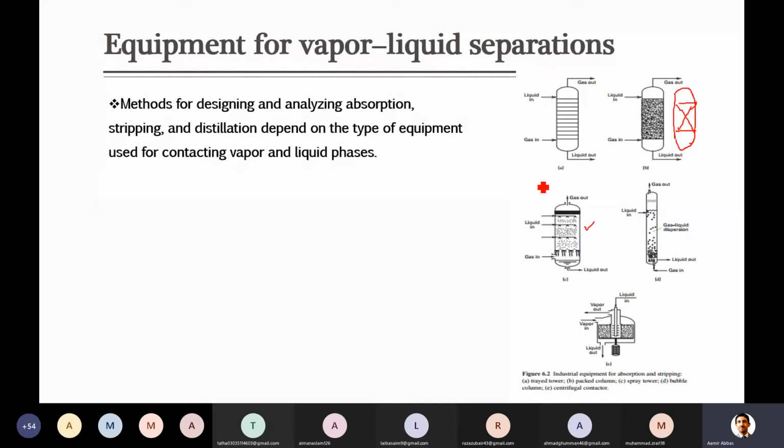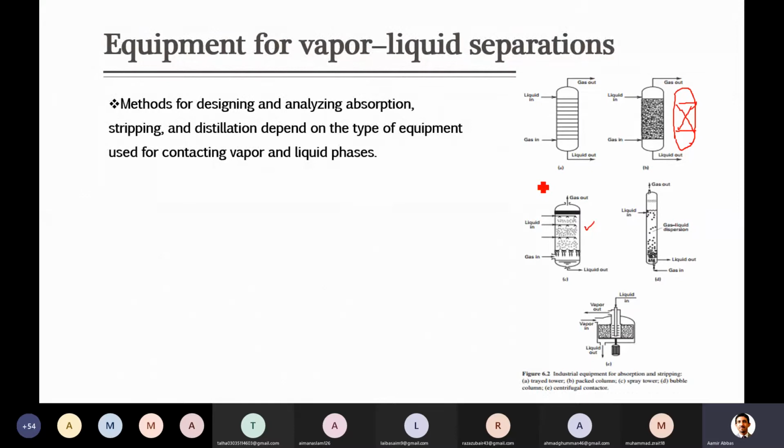By the way, before going for that, what do you think is the purpose of installing these plates and packing inside? Contact area, surface area. Yeah, to increase the contact area as well as to give more residence time to the liquid and vapor